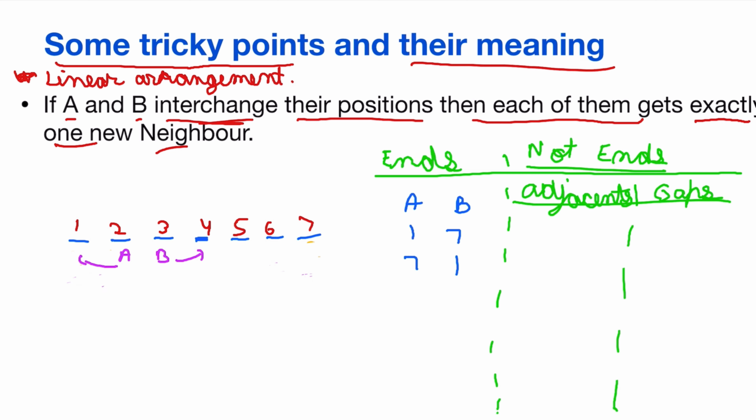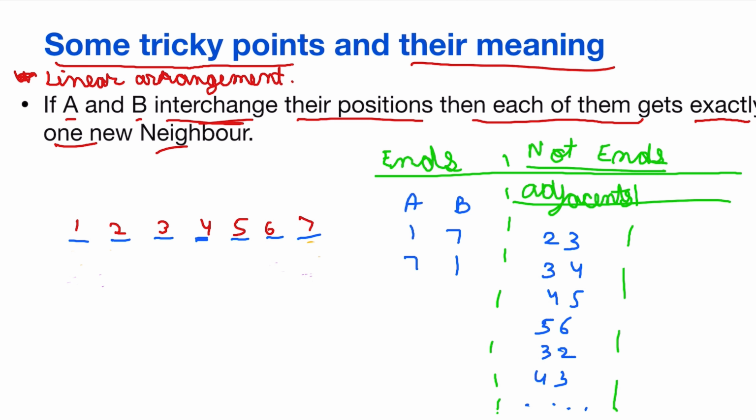So if 2 and 3 is possible, then by that very same logic, 3 and 4 is also possible, 4 and 5 is also possible, and 5 and 6 is also possible. And the opposite, like 3, 2 is also possible, 4, 3 is also possible, and so on. But if we talk about gaps here,